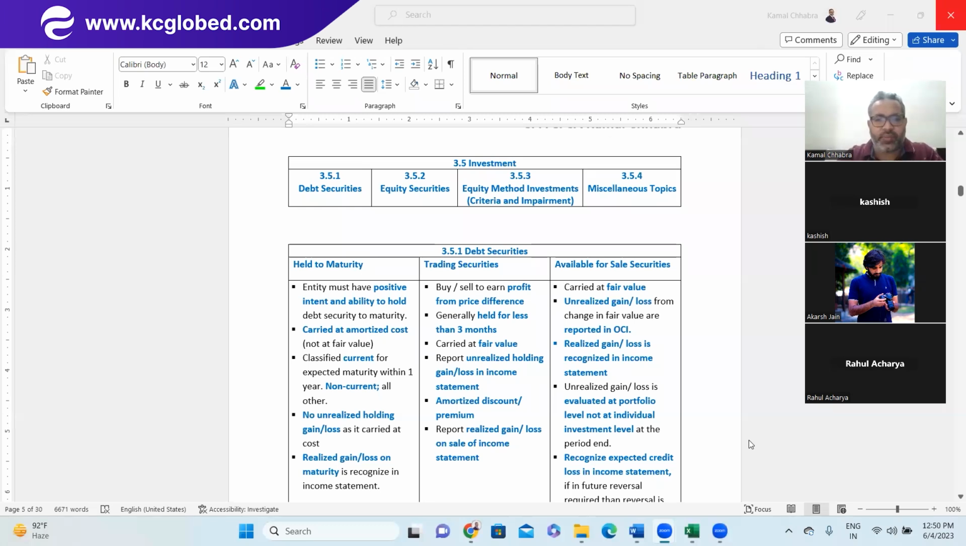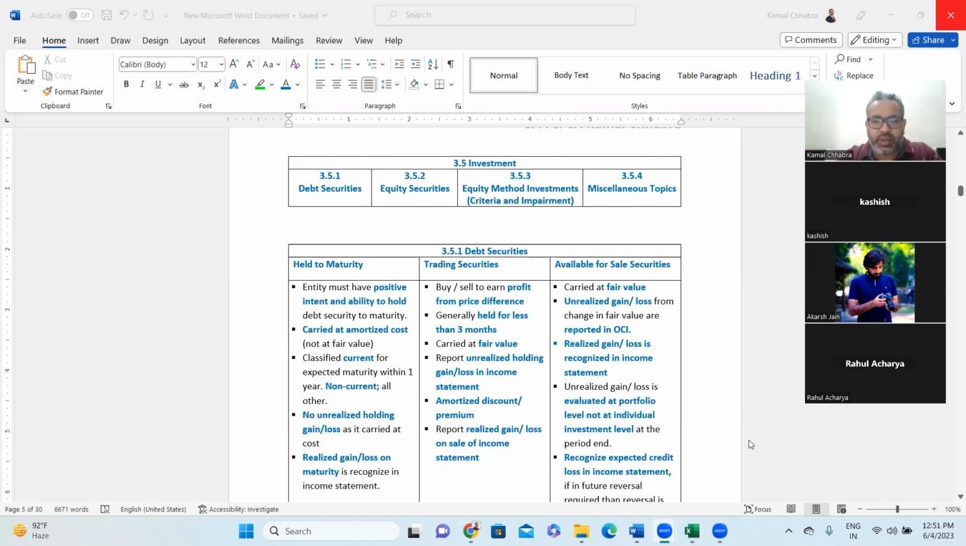So I know we are short of time. So maybe in the next 1 hour, we'll target to cover this debt security. And if time allows, we will cover the equity security also. Because equity method investment is slightly bigger topic that may take some time. And then miscellaneous topics also may take some more time. So that maybe we can cover in next class, but today we'll target to cover debt security and equity